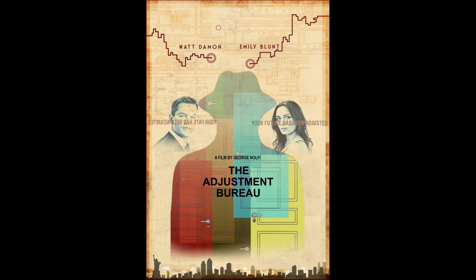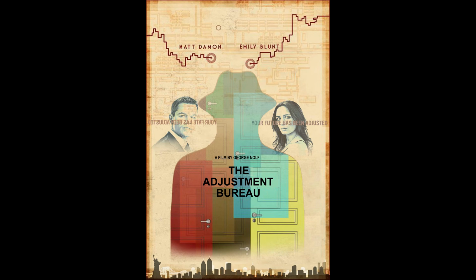And this Adjustment Bureau controls everything that happens on the earth. This bureau doesn't want Matt Damon and Emily Blunt to meet together, so they keep parting each of them. And these bureau people travel through doors by wearing the hat wherever they want. At the end, they both are going to meet through the Adjustment Bureau itself, and they are going to change everything.